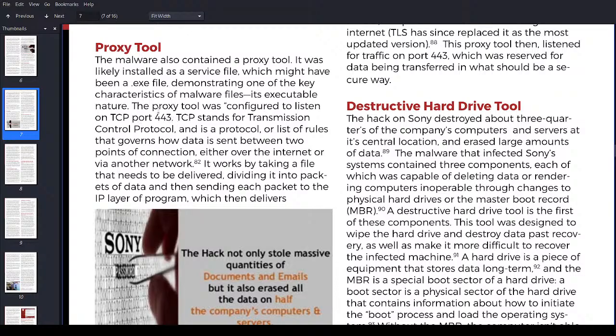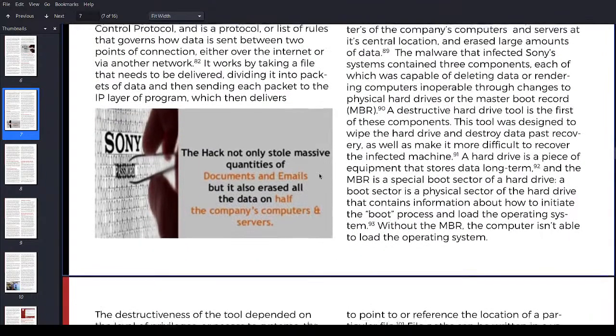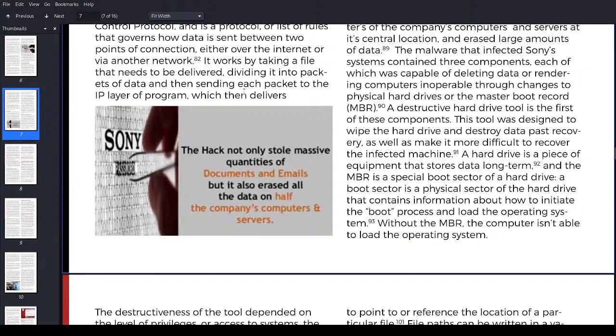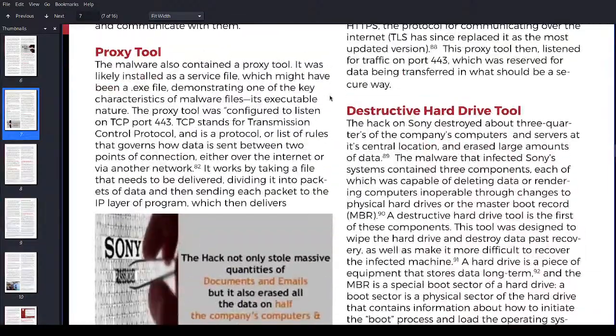TCP stands for Transmission Control Protocol, and is a protocol or list of rules that govern how data is sent between 2 points of connection, either over the internet or via another network. It works by taking a file that needs to be delivered, dividing it into packets of data, and then sending each packet to the IP layer of the program, which then delivers it.